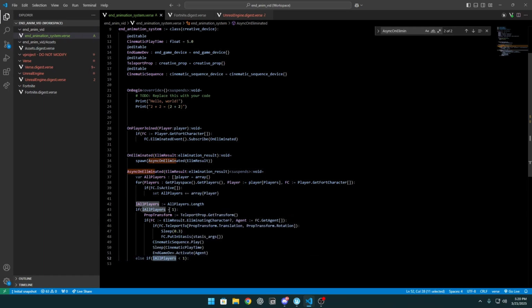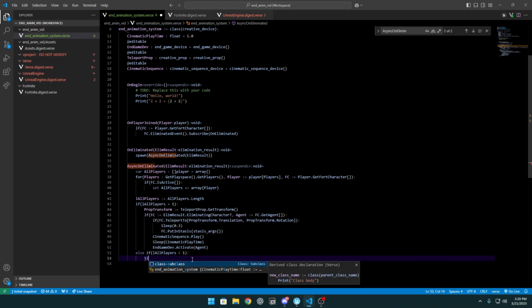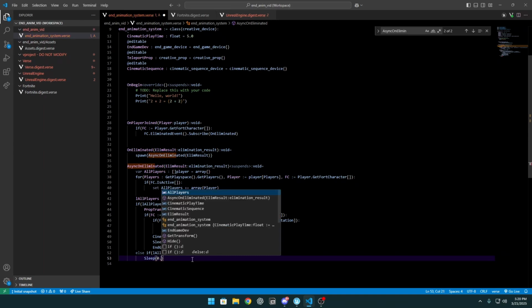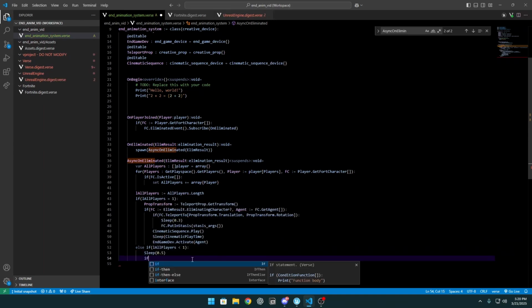So, for example, when two players kill each other at the same time, this is less than 1. We cannot really teleport any players to this animation, so you basically need to end the game. So sleep, for example, 0.5 seconds, and if